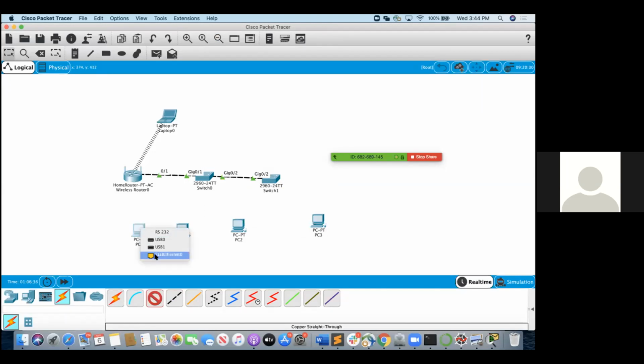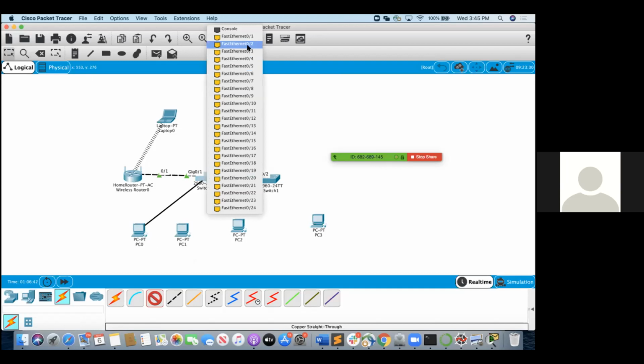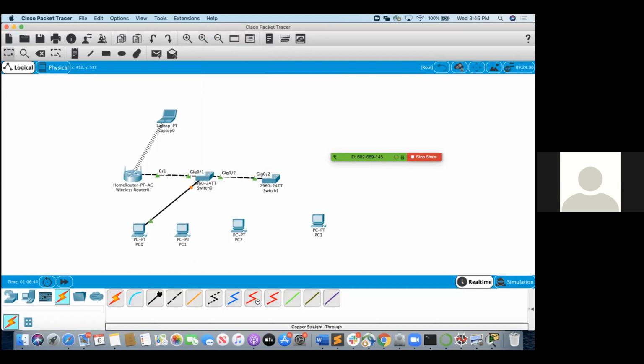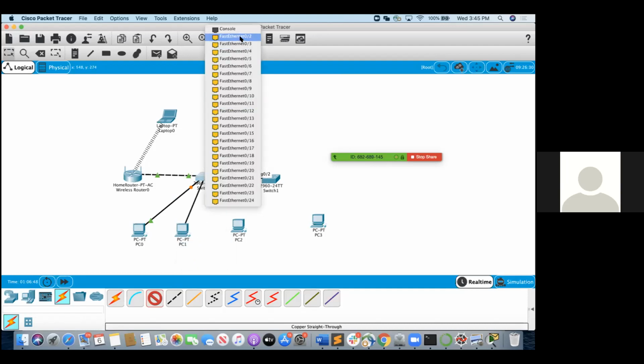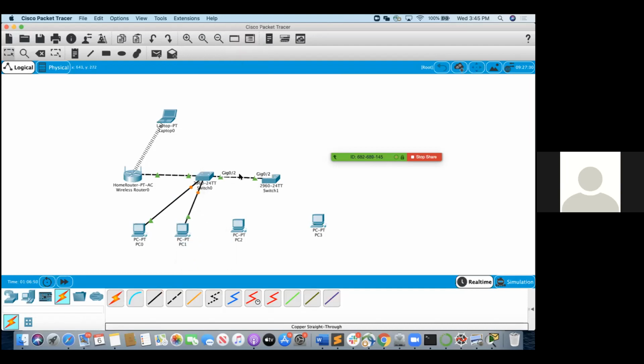Whenever you're using copper straight through, use fast Ethernet. Same way here. So remember, PCs to switches: fast Ethernet, copper straight through.